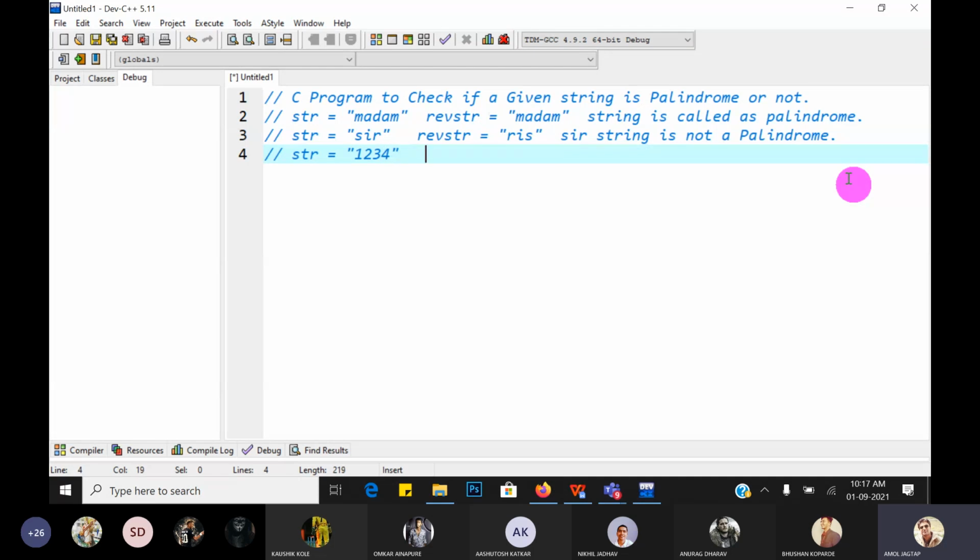Then the reverse of the numeric string is 4 3 2 1. Original and reverse are not equal, so this is not a palindrome string. If the string is 121, what is the reverse string? The reverse string is also 121, so it is a palindrome string.